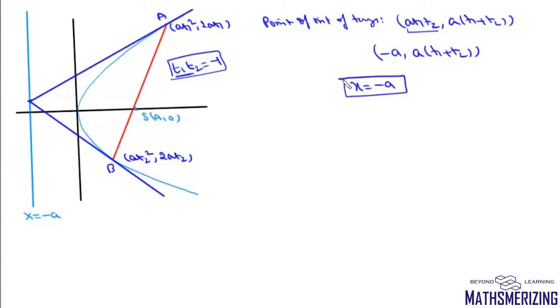So it simply means if tangents are drawn at end points of a focal chord, then they'll always intersect at directrix. And another result in this is these two tangents will always be perpendicular. How do we do that? So we know that slope of any tangent drawn at point A is 1 upon t1, and slope of tangent drawn at B is 1 upon t2. So we'll find m1 into m2, then m1 into m2 is 1 upon t1 into t2, which is -1.